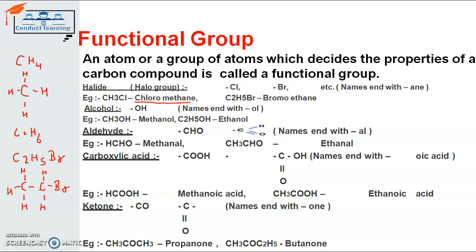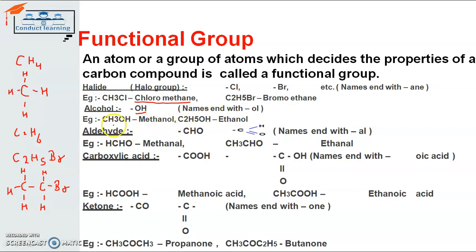The chemical representation, or you can say the chemical formula, for alcohol is OH. That is to say, it contains one oxygen atom and one hydrogen atom, and the pronunciation for the same is ol. Whatever the carbon compound, when the functional group of alcohol is added to it, it will be pronounced with ol, as in the examples taken here, methanol and ethanol.